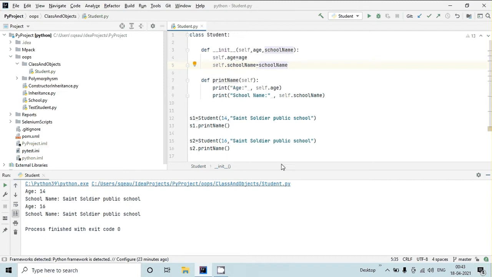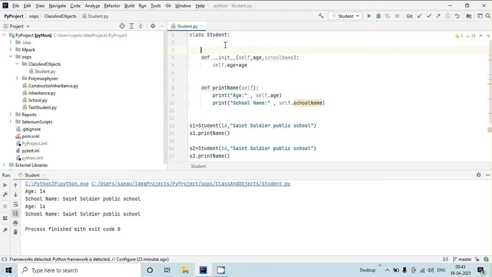If you notice in this program, the school name which I am giving is common for both. So instead of providing this as an instance variable, I will create a static variable. I will remove this self.schoolname from here, and here I will create one variable inside the class. I will say this is school name, equal to